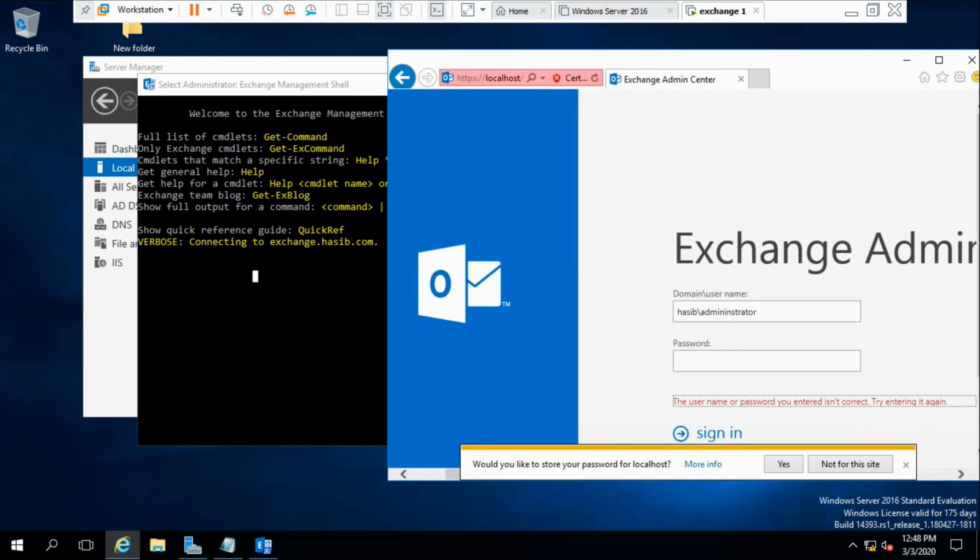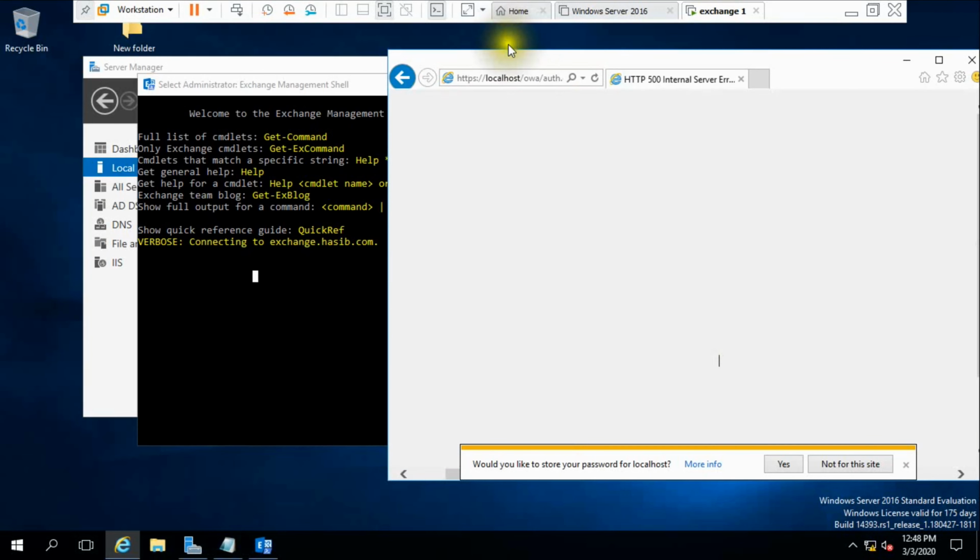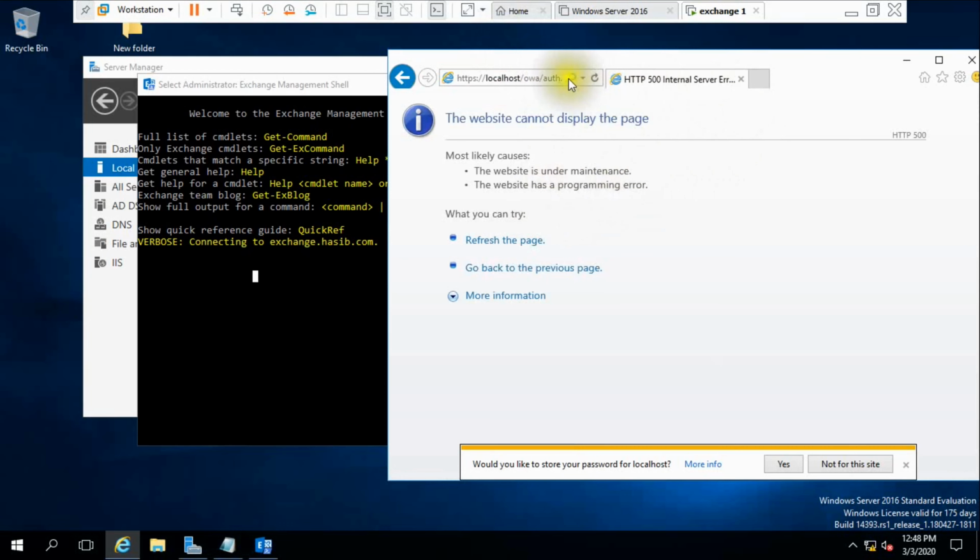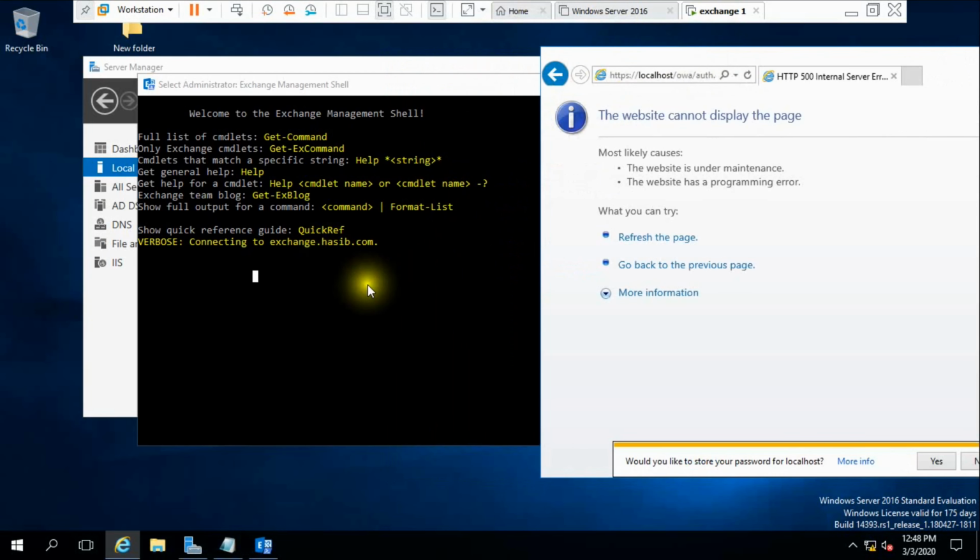Trying to sign in again. You have typed the wrong username. Same error.